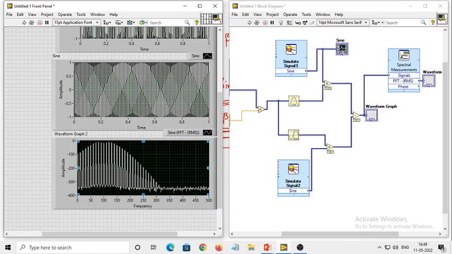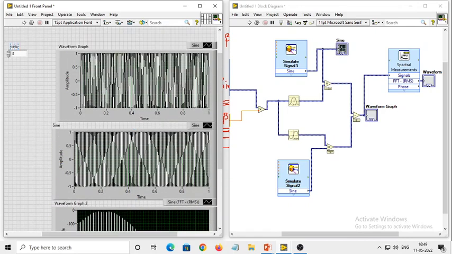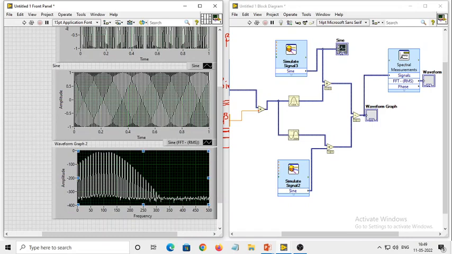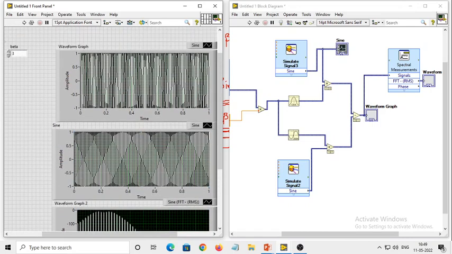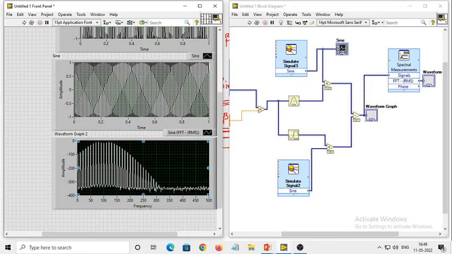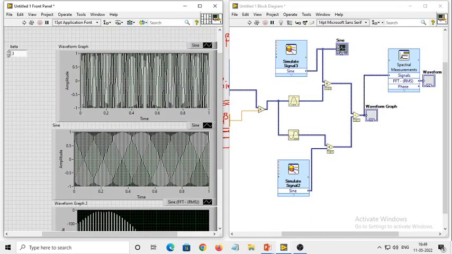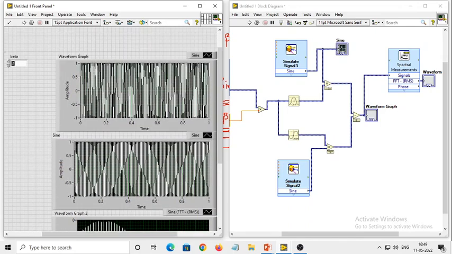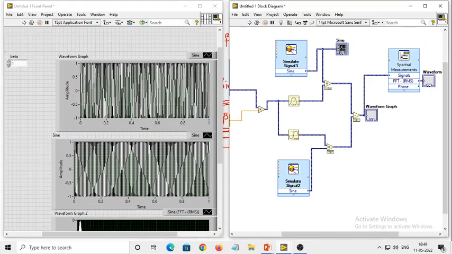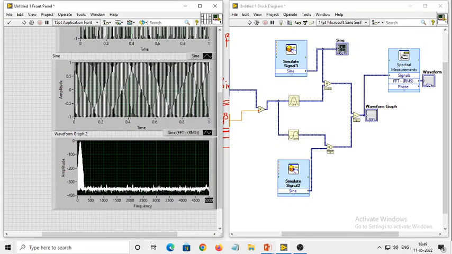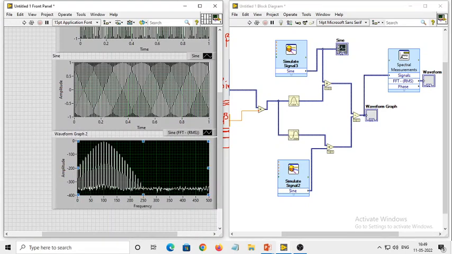so these side frequencies basically depend upon the beta value. The only thumb rule you need to keep in mind is for wideband FM, since beta is greater than 1, you will be getting more than 2 side frequencies. Okay, that is the thumb rule. So let me show you what happens when I decrease this, and what the effect is on the side frequencies. So again I will zoom. Now you can see the number of side frequencies has decreased. Okay,